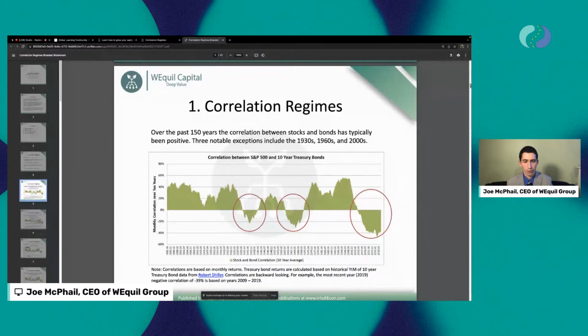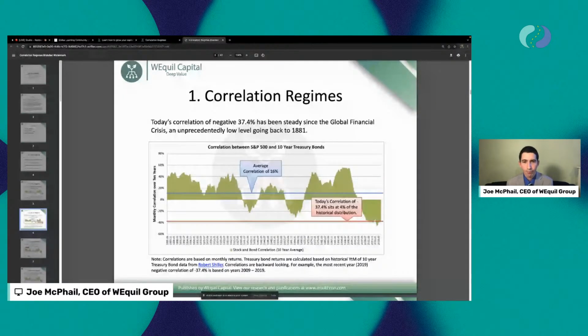Broadly, you actually have an average correlation of 16%, and 16% is positive. I think investors generally think of the relationship between stocks and bonds as being negative. That is commonplace in investor understanding because that's been the case since around the year 2000, based on the way we're calculating this. But that's not the average. The average is actually slightly positive, 16%, not extremely positive.